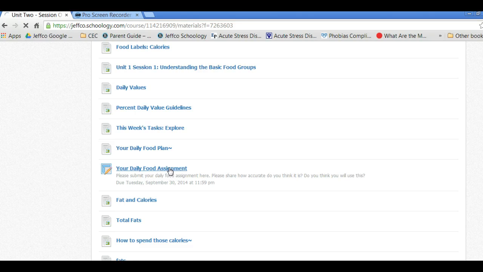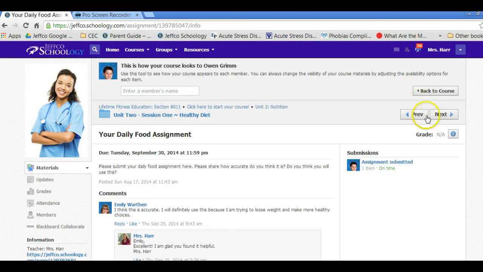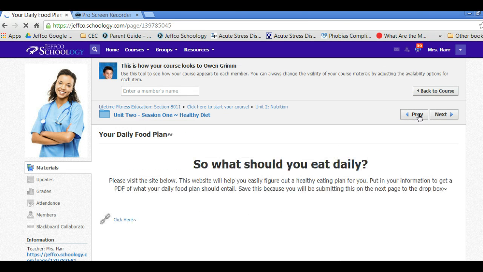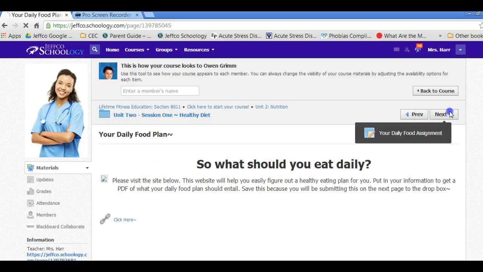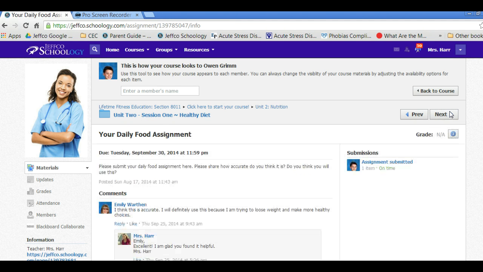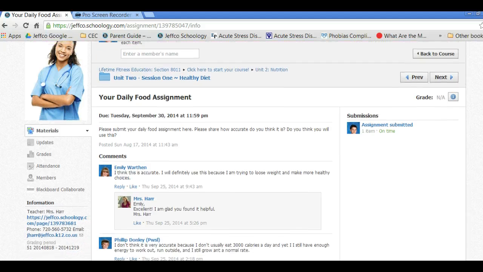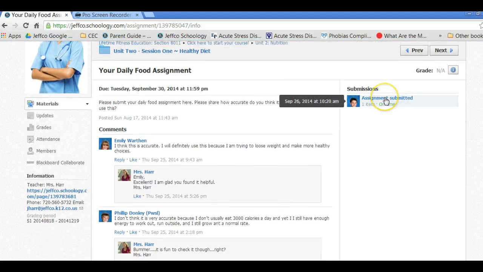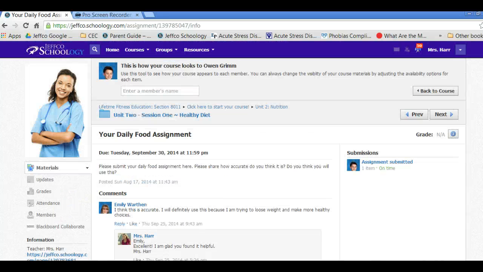So here's like an assignment. It talks about this is where they put their assignment. Here's what they're supposed to do for the assignment. And the next page is right where they submit it. To submit something, super easy. The student has already submitted it, but what they would do is there's an upload box, and you just upload and attach files right here. Super easy. Any questions, they post here. So that's what a student's view looks like.